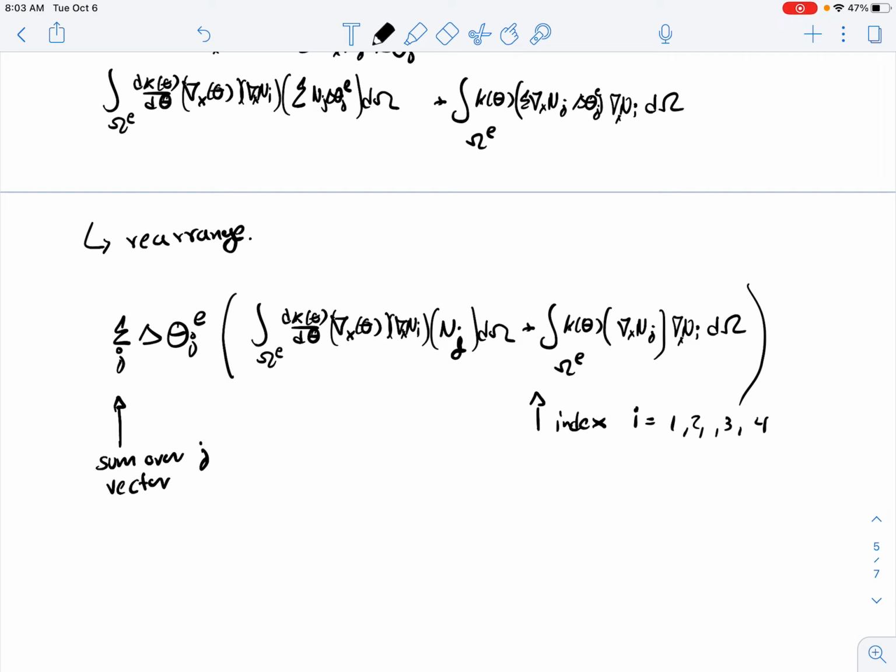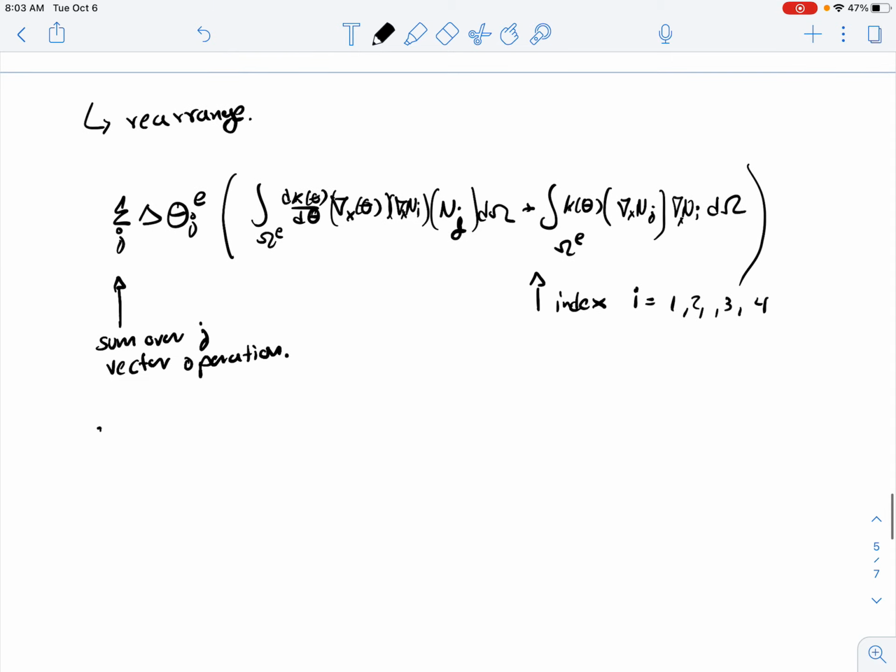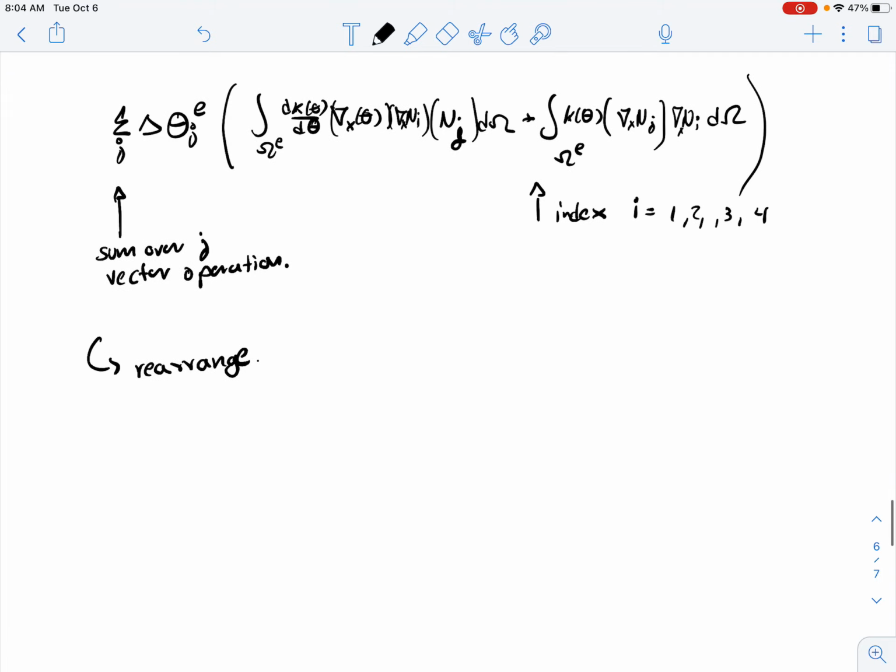You can think of this as a vector operation. So let me rearrange once again. And what I'm going to do is put all of those increments here. So the increment of the first node, increment of the second node, increment of the third node, increment of the fourth node,